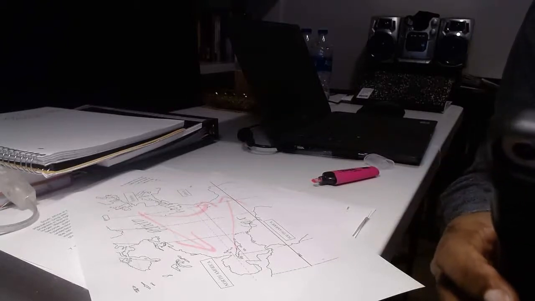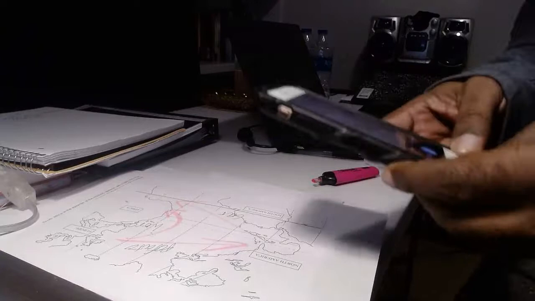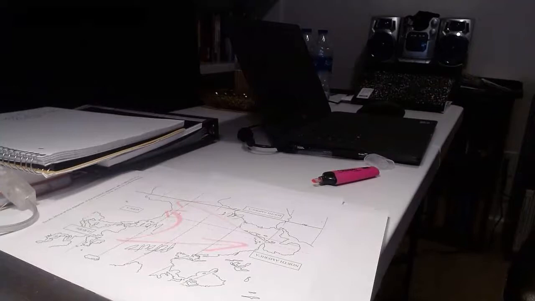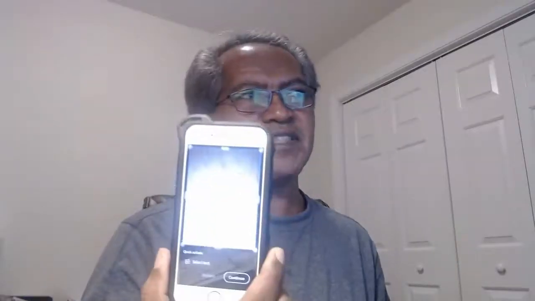That will save your file as a PDF file. So you take a picture like this, and you have it on your cell phone. You convert it as a PDF, like I said, and from there